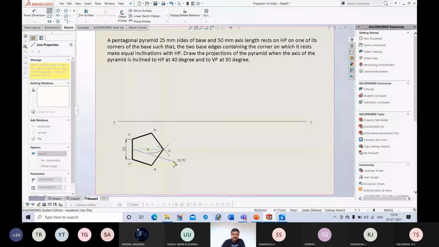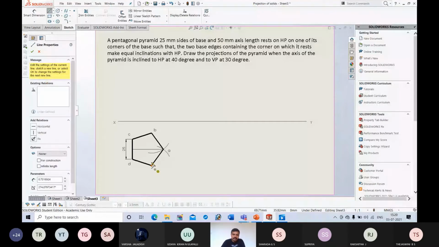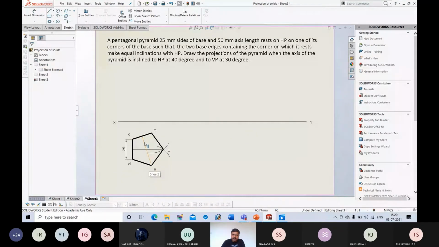Next, I will consider one more corner E and I will draw a perpendicular bisector to CB. That means you should draw a line from point E to center of CB. Okay, locate center of CB, then connect this center of CB to E. So that is one more perpendicular bisector. So after drawing two perpendicular bisectors, the coinciding point will be the center. So this is the center. Okay, and name the center.